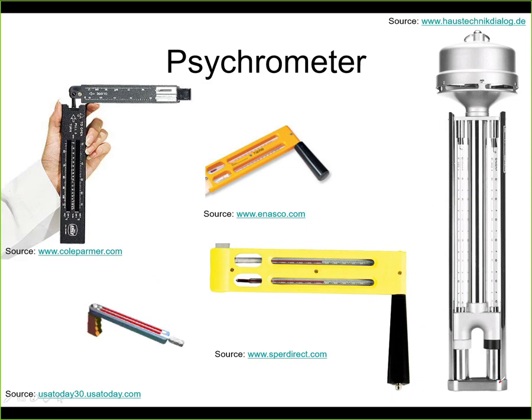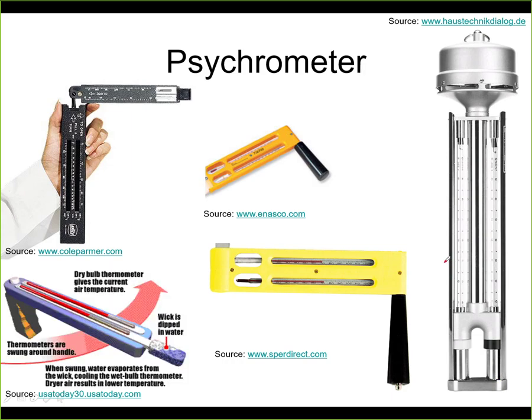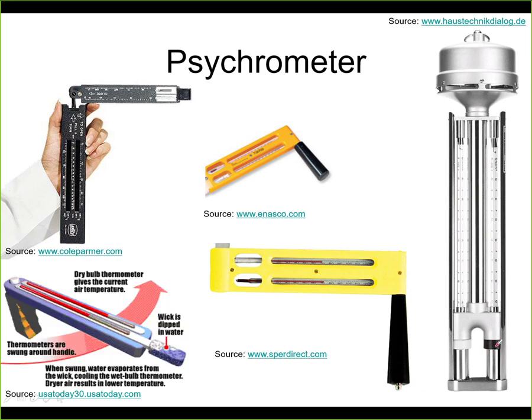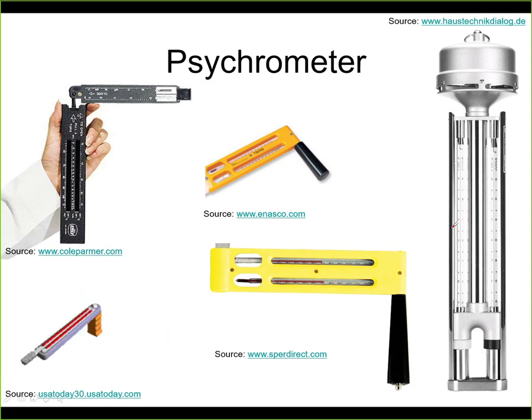On the picture here on the very right we see something a little bit more automated. Again, two thermometers, and on top there is a fan. So we turn on the fan, and it provides airflow around the thermometers. This will be the wet bulb, this will be the dry bulb. On the wet bulb there will be the cloth that you have to manually soak before you start the operation. But it can be done also automatically. You can have an electric fan here. Those thermometers can be replaced with thermistors, for example, and then you can measure the humidity automatically with this kind of